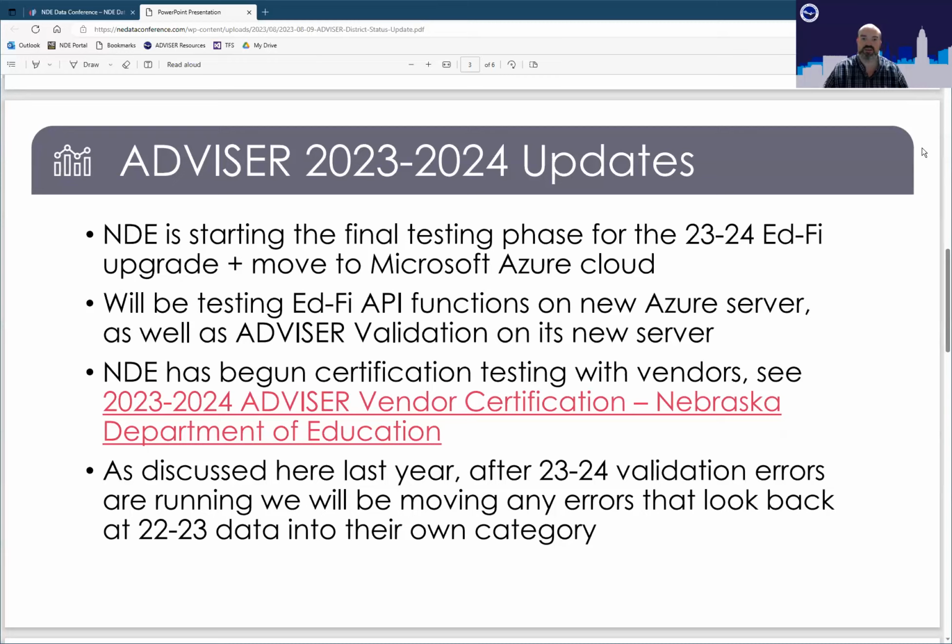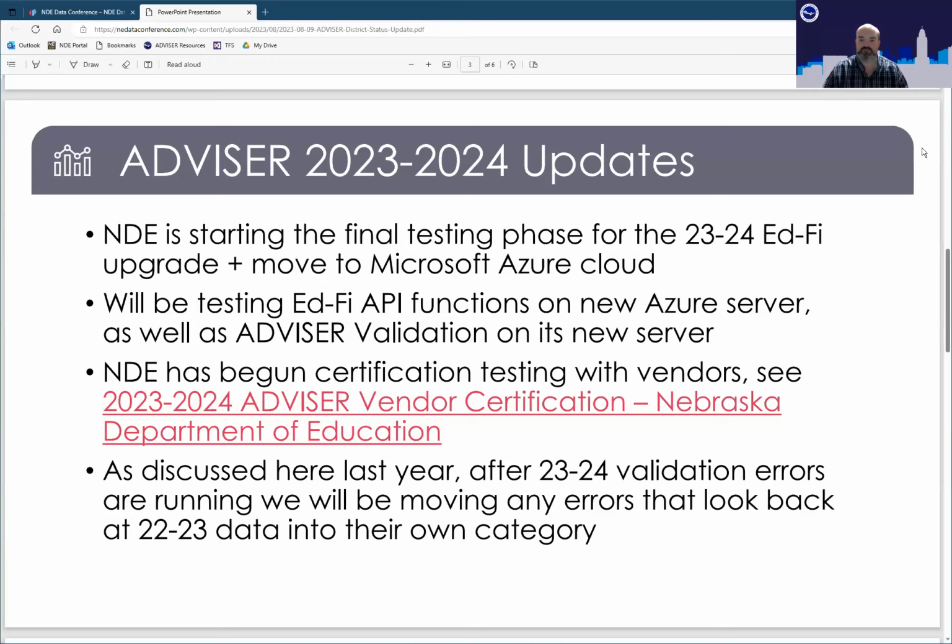In addition, we have begun certification testing with vendors already. I've got one down, I've got meetings scheduled with 2 others at the moment, and I assume I'll be scheduling more of those meetings in the next couple of weeks. There's a link to the website there where I post the certification results.